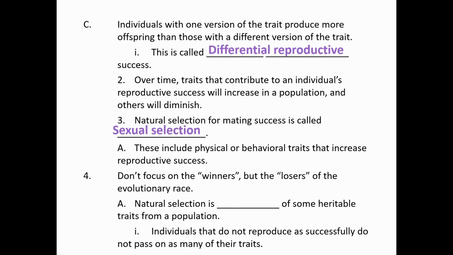So are you able to attract a mate through dance or song? Maybe there's parental traits. The fact that you're going to even help raise the offspring is attractive to the mate. There's a lot of things that can go into it. Or just the fact that you help with the offspring means that they're more likely to survive, right? There's a lot of different traits that can increase reproductive success.